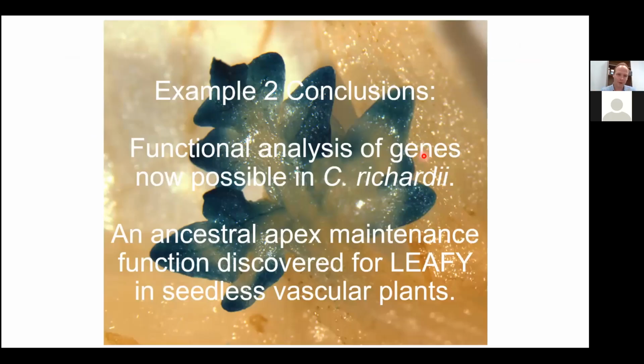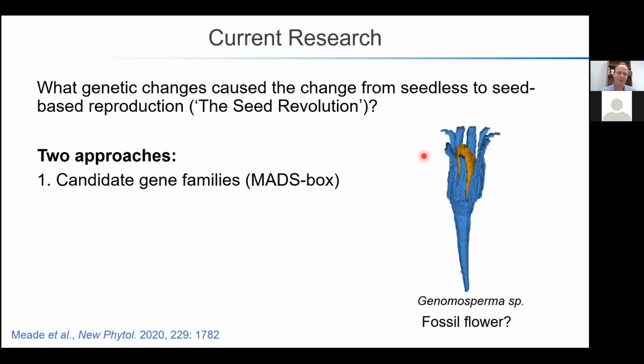So conclusions for that are just that, yep, we can do interesting functional analysis of genes with Ceratopteris. And using that, we were able to get some information about how this important regulator of flowering has evolved before the evolution of flowering. So as a final thing, I just want to very quickly outline where my group's research